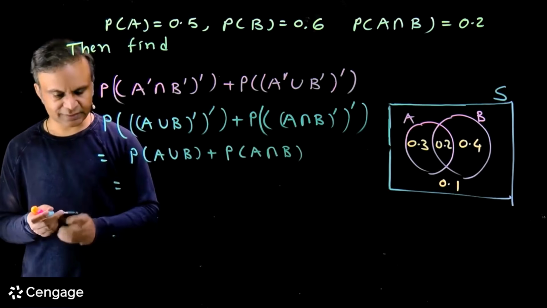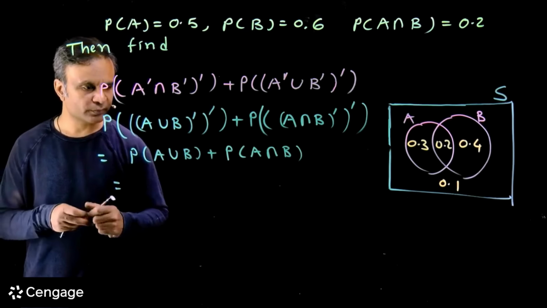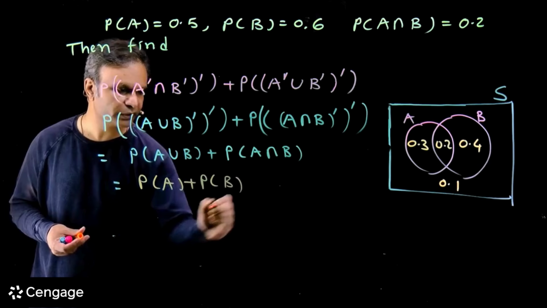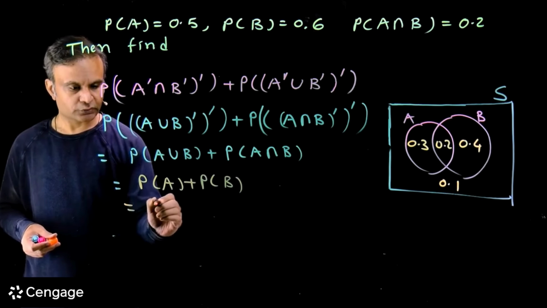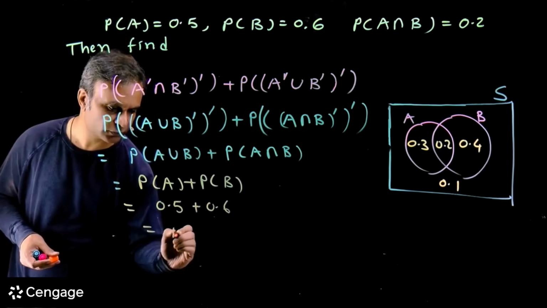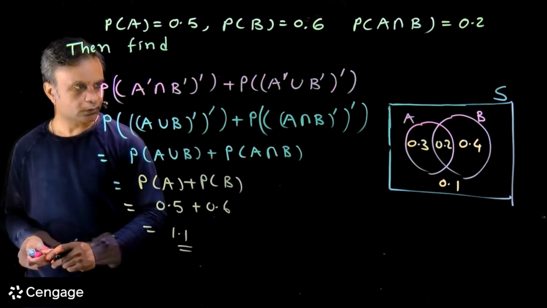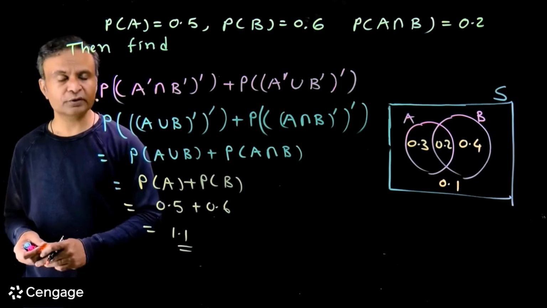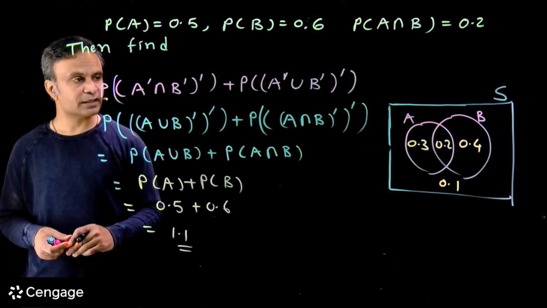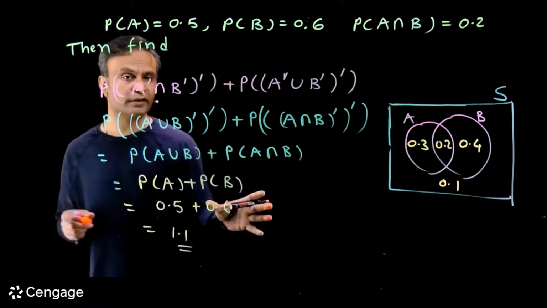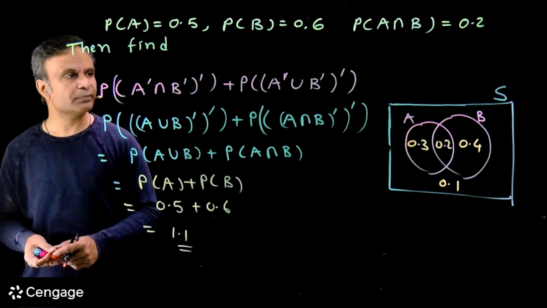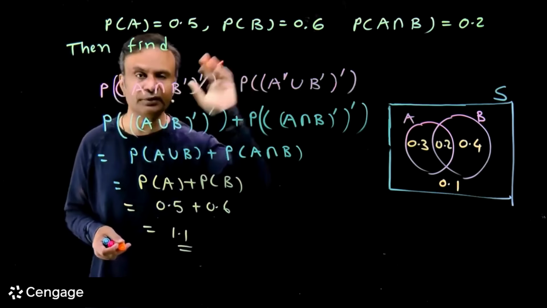So this is equal to probability of A plus probability of B. ठीक है ना. So we have here 0.5 plus 0.6. This is equal to 1.1. No surprise here if we get a value more than 1, because here we are not finding the probability of some event. Here we are finding the sum of probabilities of two events, which can be more than 1. ये sum more than 1 हो सकता है क्योंकि यहाँ पे हम दो probabilities का sum निकाल रहे हैं. ठीक है ना.